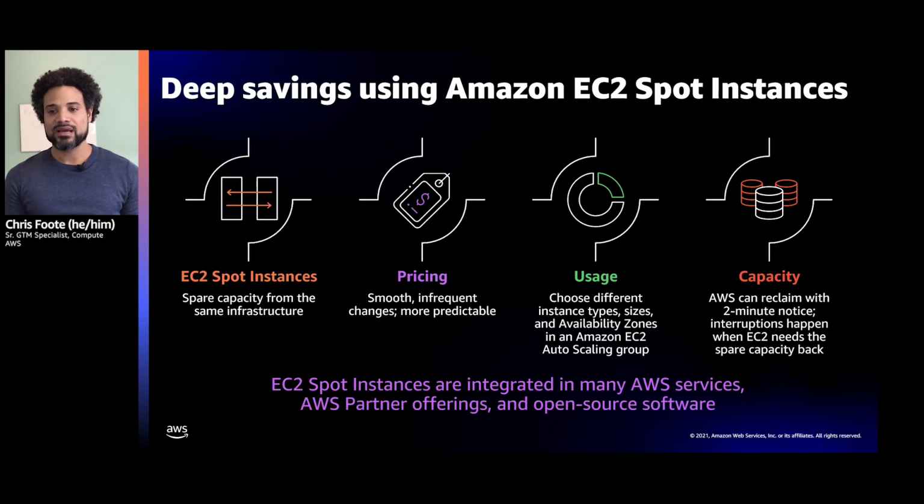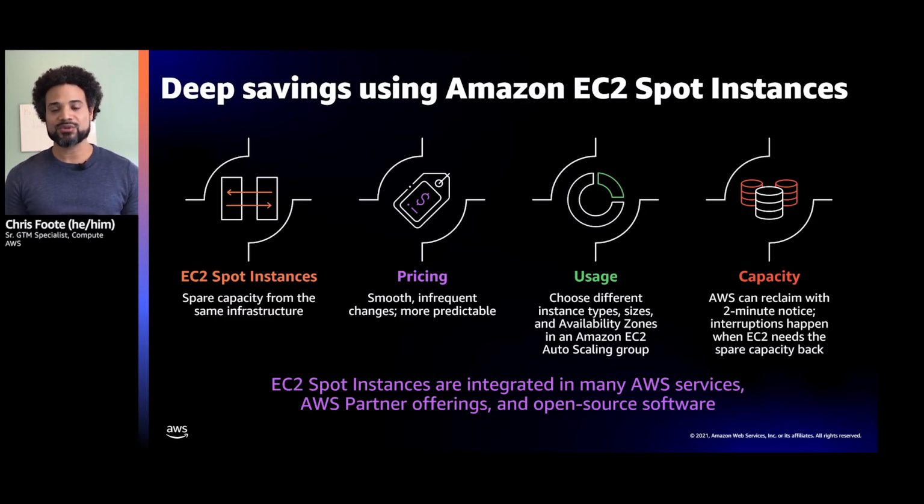For pricing, spot instances changed in 2017. And pre-2017, there was a notion called bidding, which doesn't exist anymore. Nowadays, instead of a bid price, customers just set the maximum price they want to pay, and the bid price was replaced with a spot market price. That market price changes infrequently, and it's based on long-term supply and demand of those particular spot instances. Once bidding was removed, today, pricing changes are very smooth, infrequent, and frankly, very predictable.